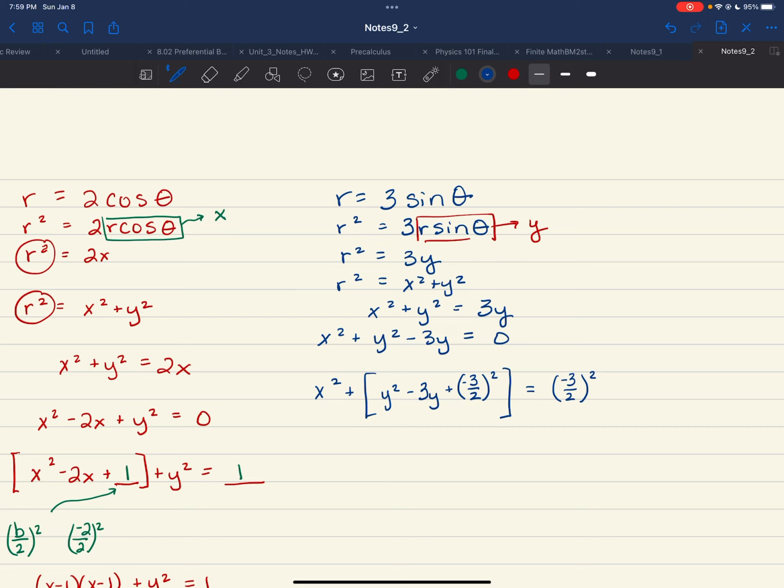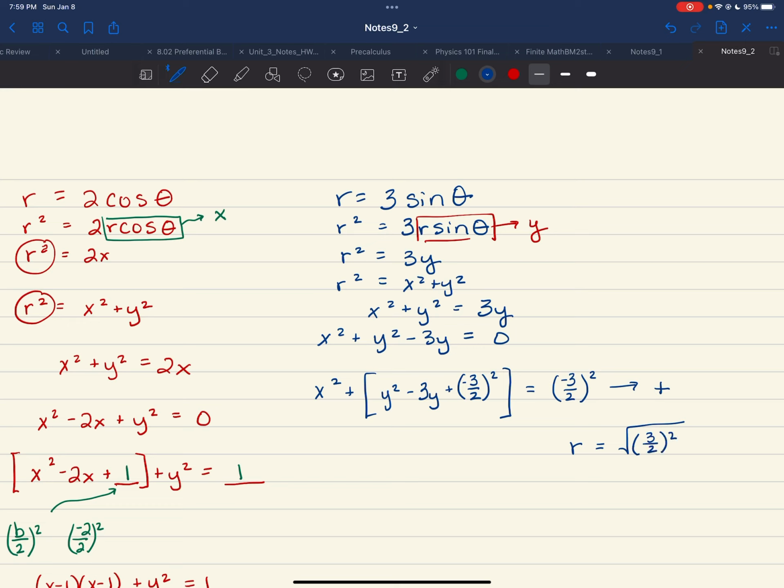And that negative essentially goes away, right? The reason why I'm going to leave it that way is because this is going to give me a positive number. And so my r is going to be equal to the square root of